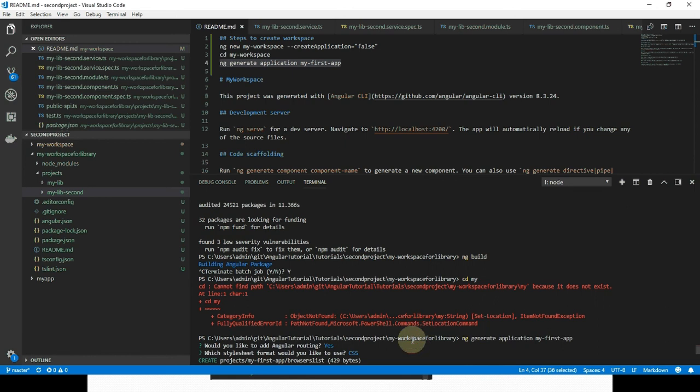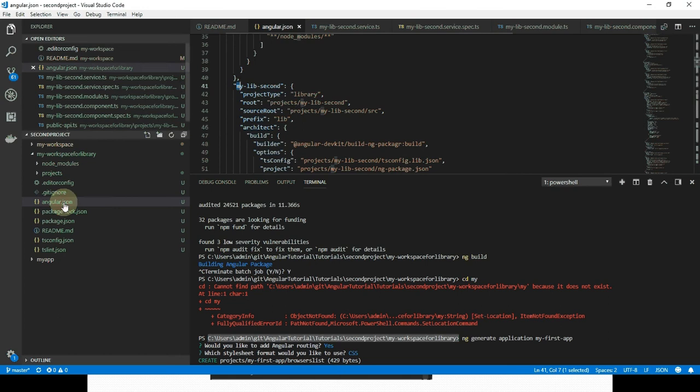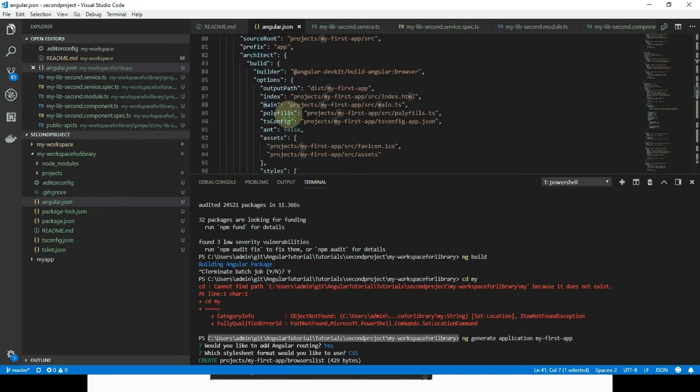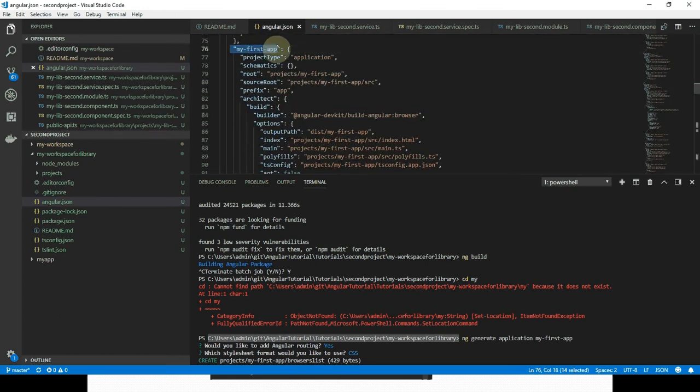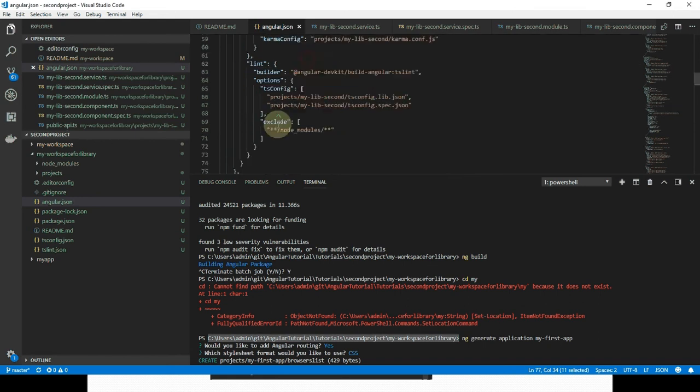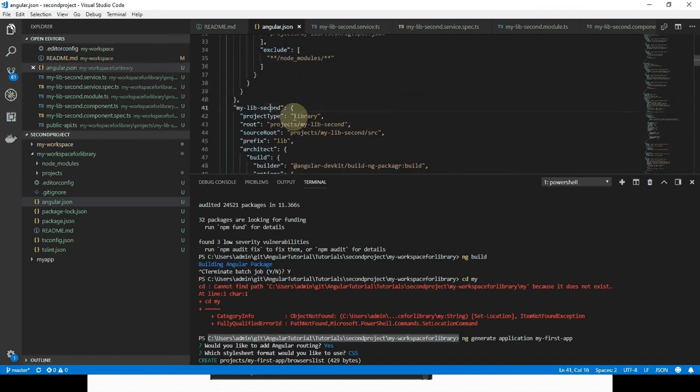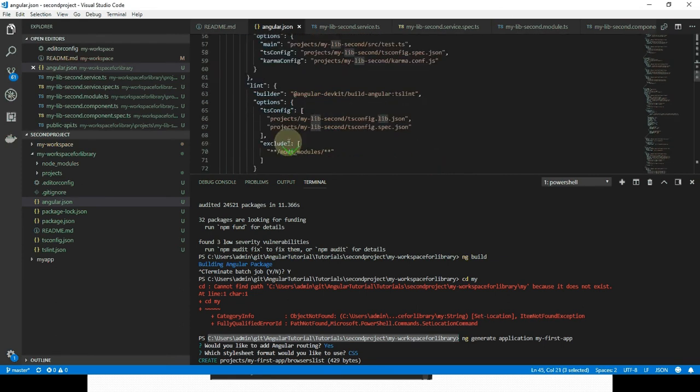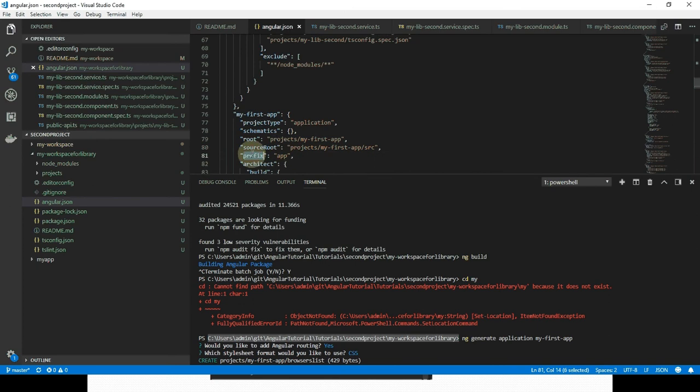Under my library, if I go to the angular.json, let me see if it is added. Okay, see, the first application details are added. It is of type application. And if you look at the library, it would be of type library, and all the details related to the library are mentioned. The prefix would be lib for the library, and for the application the prefix would be app.